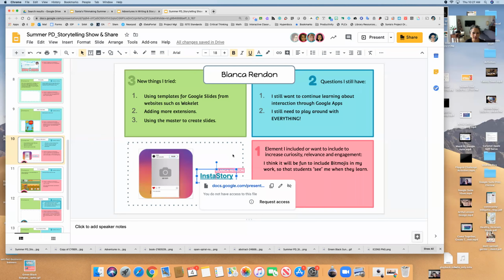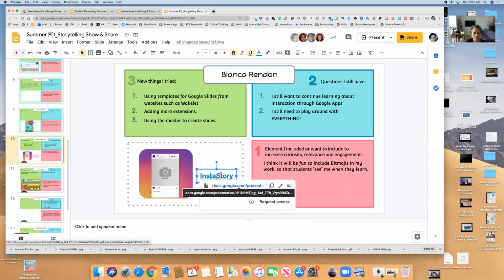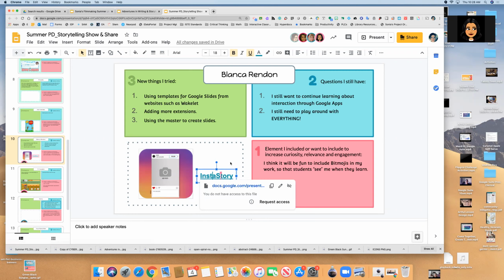And then once you do that, I should be able to open it up and look at it. Yeah, it's still denied. Hold on. Okay, show me how to do that one more time. I click on it. And you shouldn't have to put the link again. Once you share, open the share settings and turn it on, it's going to update automatically. Oh, okay, the share settings on the top. Yeah, go to the share settings on your Insta story, the one you made a copy of, and then just turn on the share settings to anyone at SAISD can view.